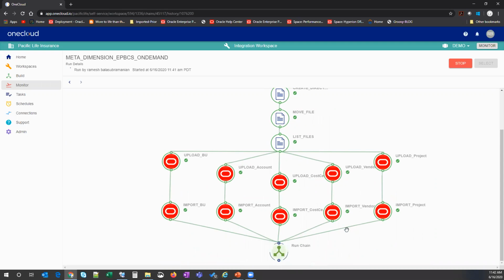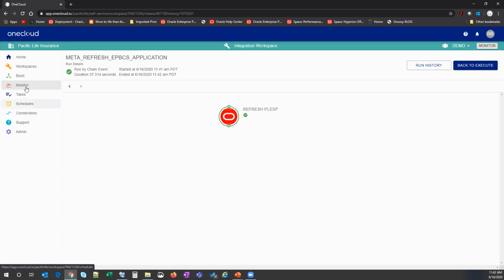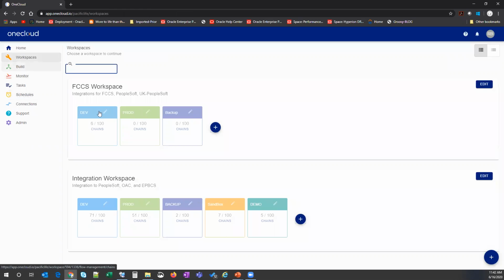This is nothing but running another chain. We created a separate chain, so whenever we want to do a refresh, we just call that chain. So you can call a chain within a chain. That's another cool feature if you want to reuse chains. We just use that to do a refresh, and that's done. So it's probably under 2 minutes. Again, it depends on the size of your application. And then